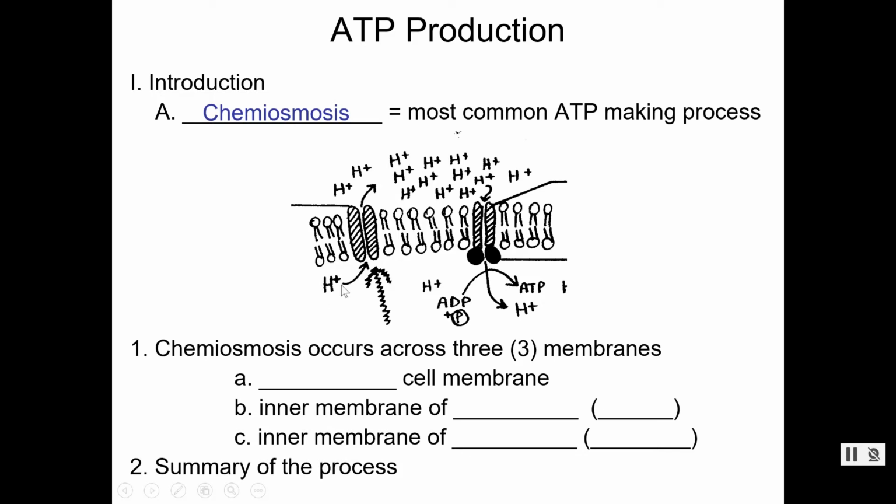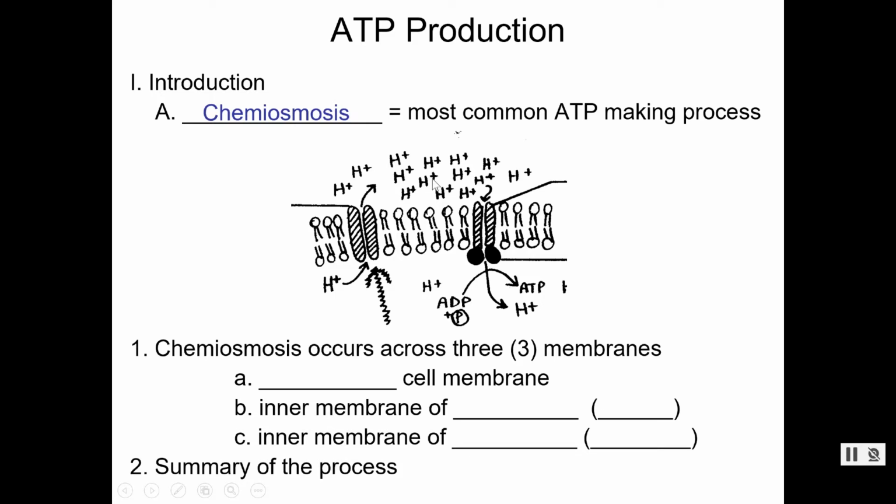that's not what we see. So these arrows are telling you that these hydrogens are going this direction. Does this hydrogen want to go this direction? Well, there's a lot over here and there's not much over here, so there's no reason. Equilibrium actually says these hydrogens want to come back in. So this process, the coming back in, happens freely, but this process, pushing them out, is going to require some energy. And that's what that squiggly arrow is saying. We'll come back and figure out where this energy comes from, but know that it's going to take some pushing, some pumping to get these hydrogen ions on the outside of the cell.